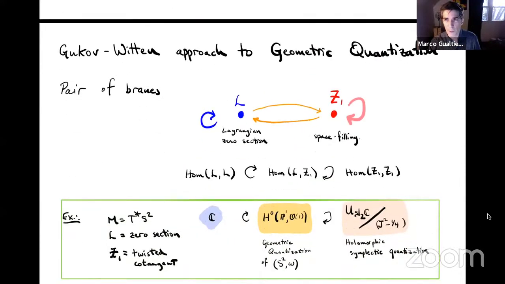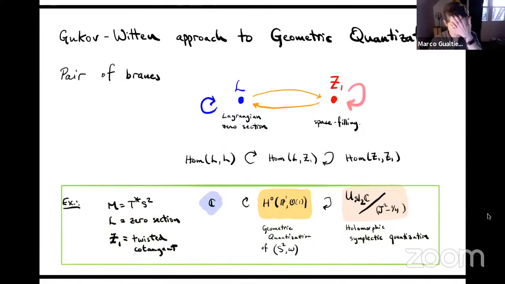Okay, so the fact that we get this interesting interpretation of a Kahler structure is very reminiscent of something that was introduced by Gukov and Witten about 14 years ago or so. They introduced a new approach to geometric quantization. So their idea was that if you have a symplectic manifold, what you should do is realize your symplectic manifold as a submanifold of a complexification,